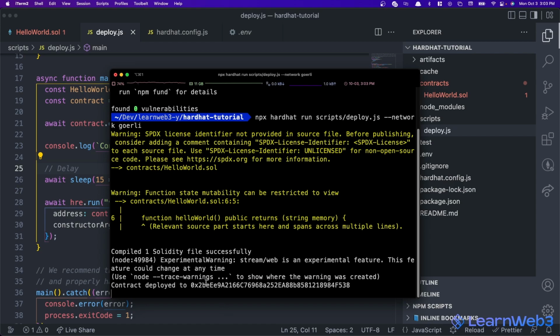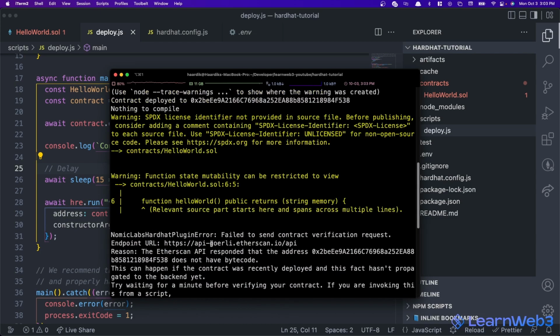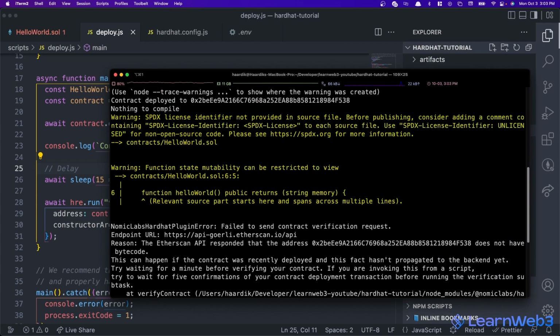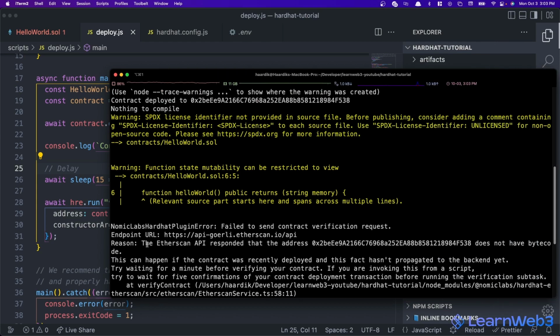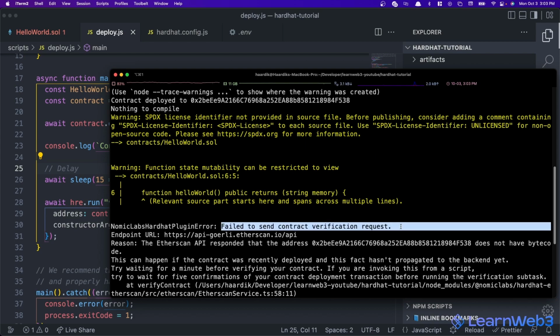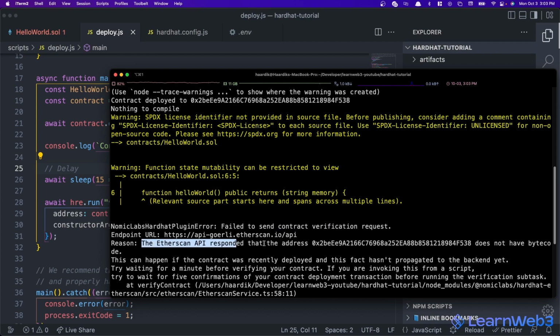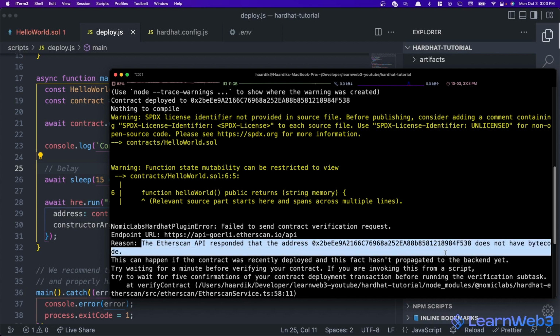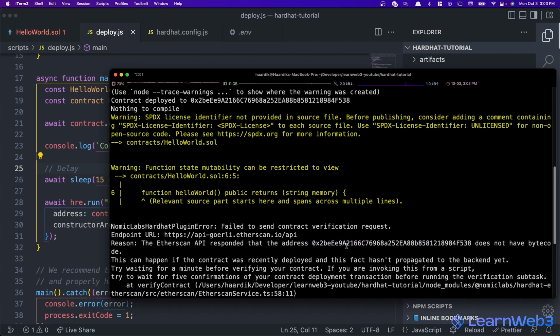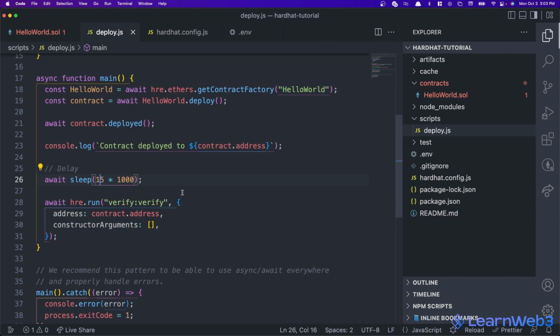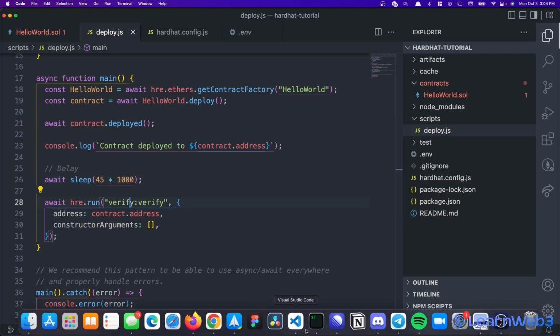And we can look up, oh, see, this is the error you get. So 15 seconds was not enough for it. It says that it failed to send contract verification because the Etherscan API responded that this address does not have bytecode, which means Etherscan still thinks that the contract hasn't really been deployed yet. So in this case, you would need to increase the sleep timer on it a little bit. So I'm just gonna set it to 45 seconds to be safe, and I'm going to run the command again,